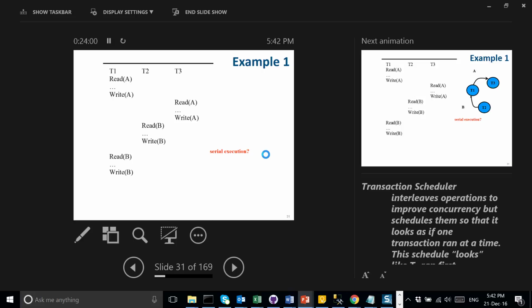Acyclic means there is no case like T1 saying, oh, I must go first, and T2 saying, I must also go first, and basically there are arrows pointing to each other. In this case, there is a cycle, and that schedule is called non-serializable. But this schedule is a serializable schedule. Serializable schedule, which means have a look how the database will really execute it.